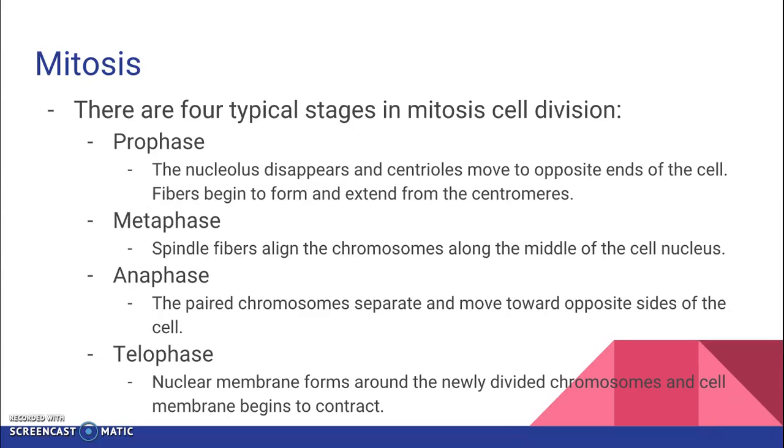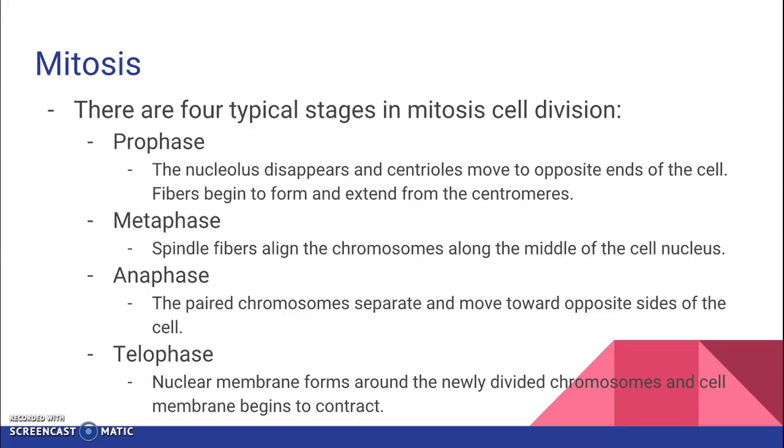Prophase is the first stage of mitosis. This is where the nucleolus disappears. So remember, the nucleolus is that little thing that's inside the nucleus. This is where all the chromosomes live, in the nucleus. So the nucleolus disappears. And the centrioles